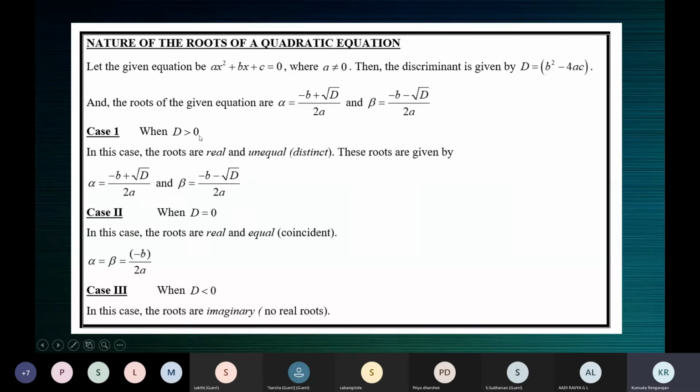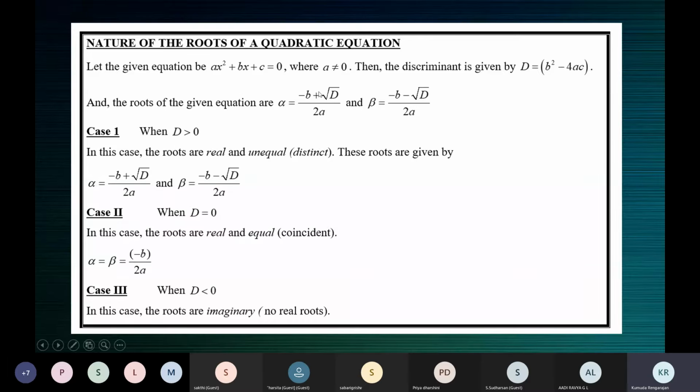So in these two cases, when it is positive, the roots are real. When the value of d is equal to 0, the roots are real. But what we see is the roots are equal in this case. When d is equal to 0, the roots are also equal. They are real, but they're also equal. While here, they're real and they're unequal